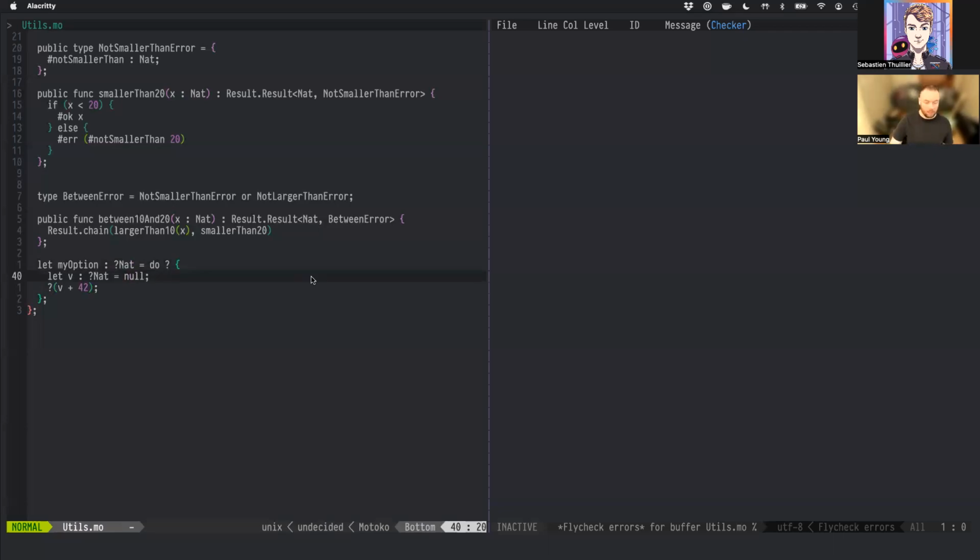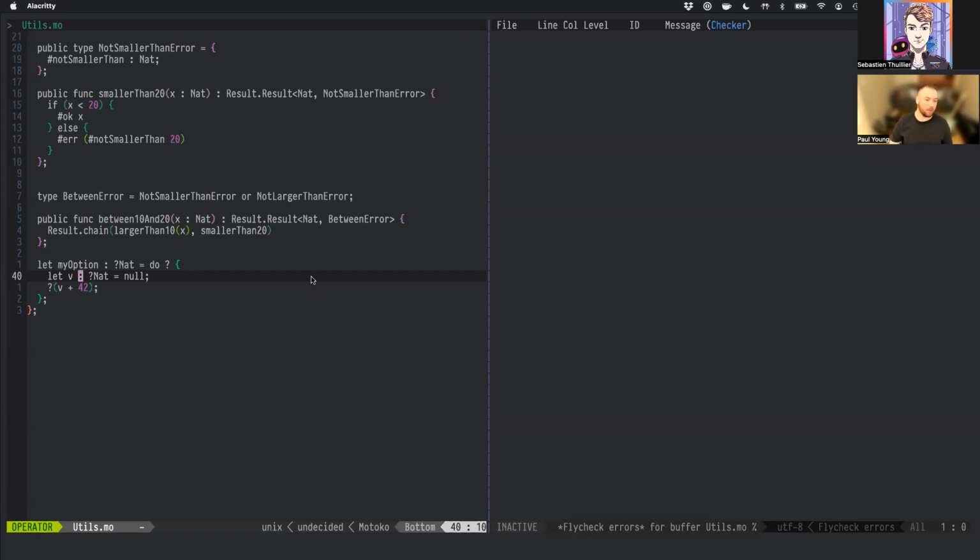Maybe we need to be force unwrapping the optional, which I don't even know how to do because I think that's a bad idea. But the general gist of this feature, as I understand it, and perhaps I can follow up after this talk with an example of how it's supposed to work, or maybe I can go and find an example in the Motoko test suite or something like that, is you're supposed to be able to do this